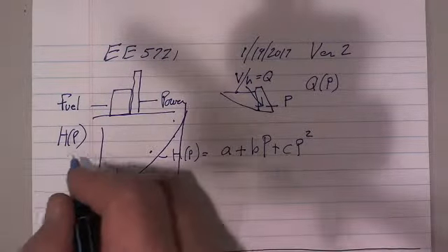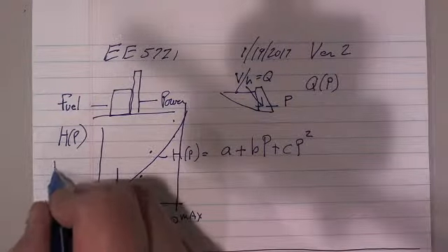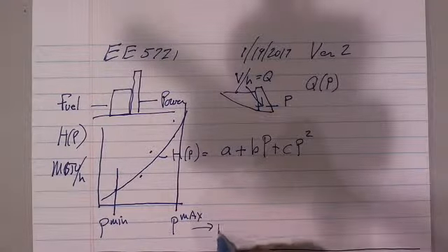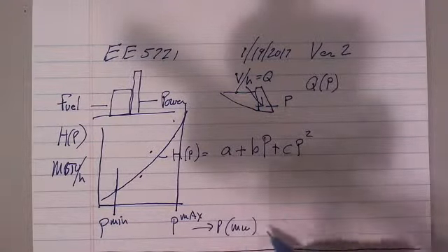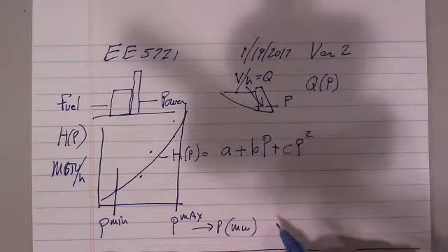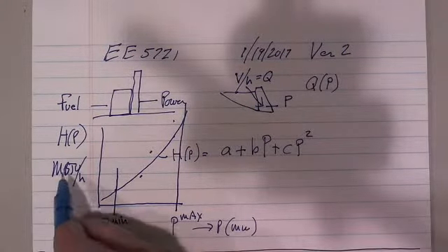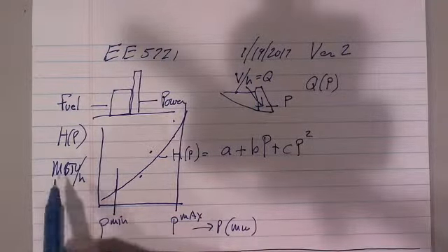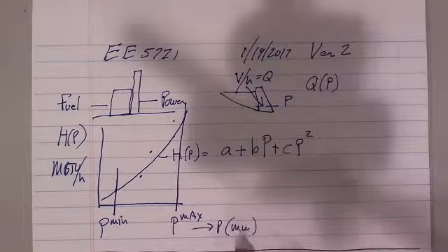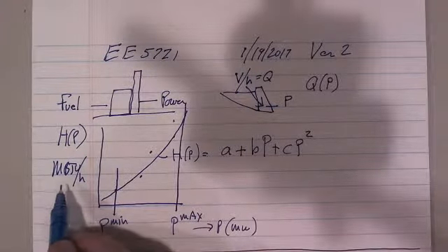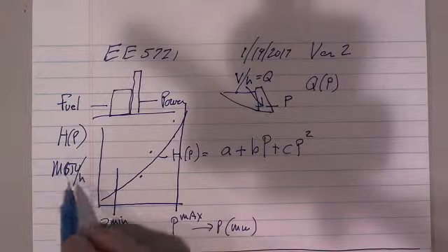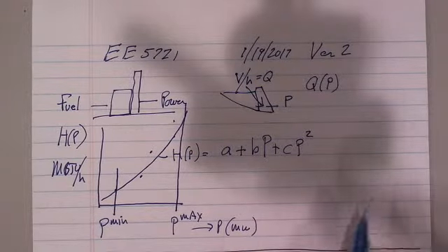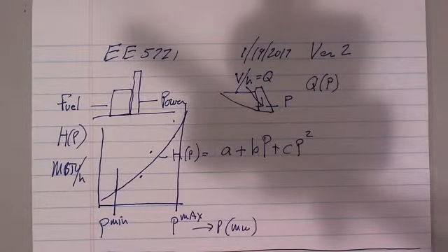Now the fuel in the case of a steam plant is in MBTU per hour, and the P is in megawatts. Okay, so note that if we multiply both of them by H, then we get MBTU and we get megawatt hours. So megawatt hours is a unit of energy, and MBTU is a unit of energy. So it's energy per hour and megawatts, or it's just energy. Okay? Now,